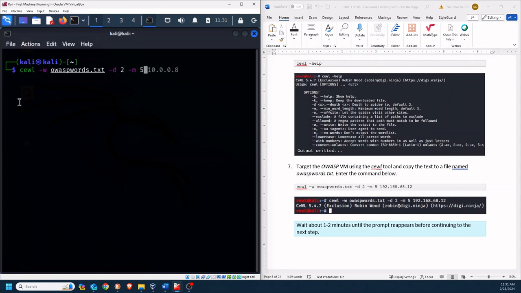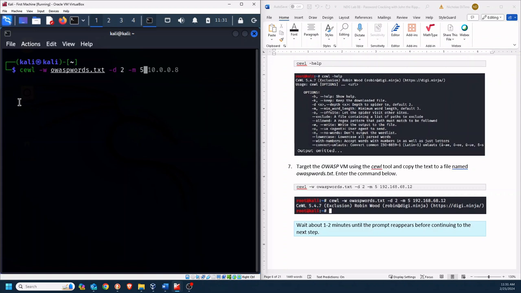But if you were to crawl a high school or a school, you might get mascot names. If you were to crawl a company's website, you might get product names. And people will often create passwords based upon a mascot, based upon a team name, based upon a project they're working on. So that's this doing. This is not crawling and finding passwords. This is just going out and creating a word list that we can use to compare against